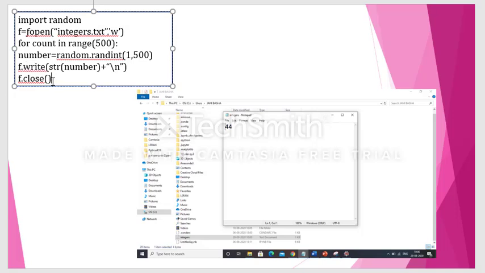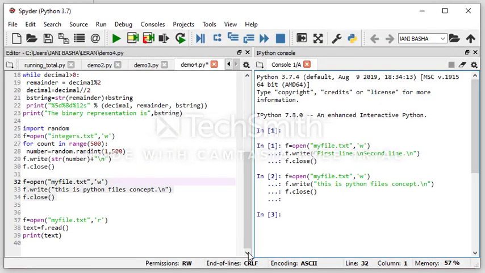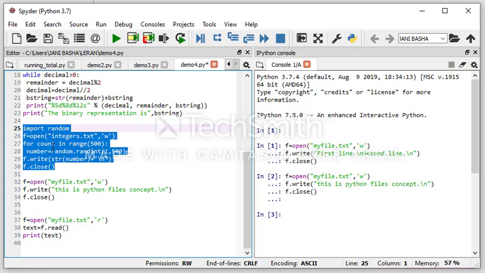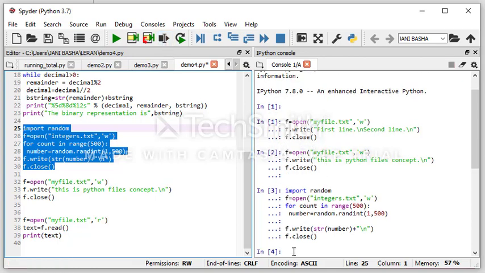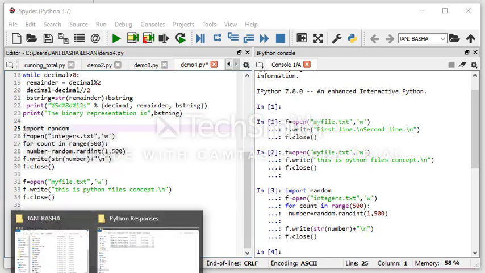Okay, so after that f.close. Right now we can observe the same thing. I have already taken the output and shown it here in the screenshot, but we'll try to do it in real time. This is the code actually. We select this code and click on this black color button, which is called a selection run. That means only these statements are executed. Because this file already has a lot of contents, but I want to execute only these particular lines. So when you click on this, if it appears like this, what does it mean? The program has already run, and a random number is generated and stored in integers.txt. Where? We need to go to that path and look there.